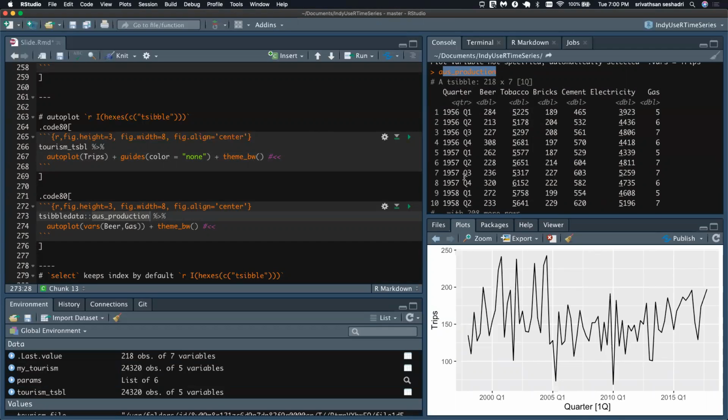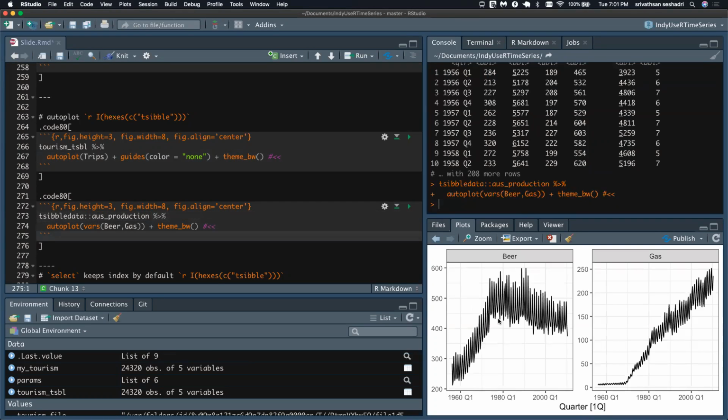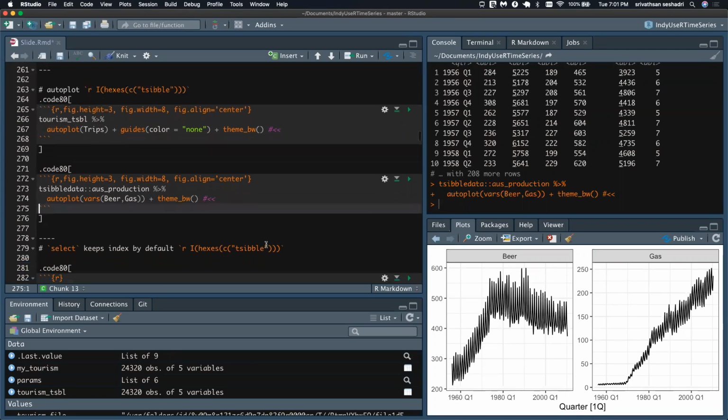Now, how do I plot more than one time series here? You could use the tidyverse grammar again. You can use the vars function to select any two columns, or more than one column, if you will. So you have selected beer and gas, and you can plot them. It puts them in two separate facets, okay?